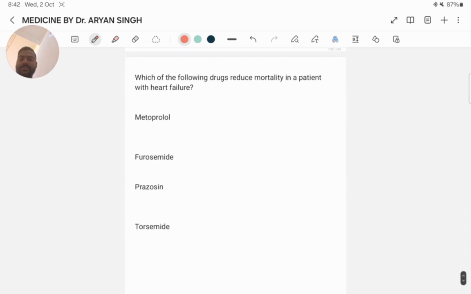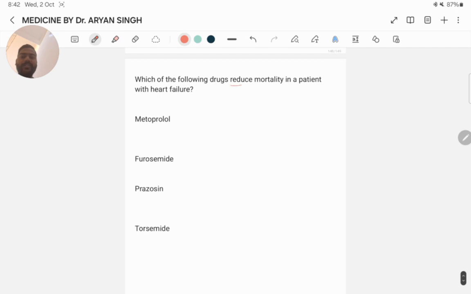And next question, which of the following drugs reduces mortality in a patient with heart failure? Metoprolol, furosemide, prazosin, torsemide. Here the answer is metoprolol. Because metoprolol, what is metoprolol? A beta blocker. Beta blockers have been shown to lower mortality in heart failure patients. ACE inhibitors have also been shown to decrease mortality in patients with heart failure. The most common drugs used to reduce mortality in patients with heart failure are like ACE inhibitors,